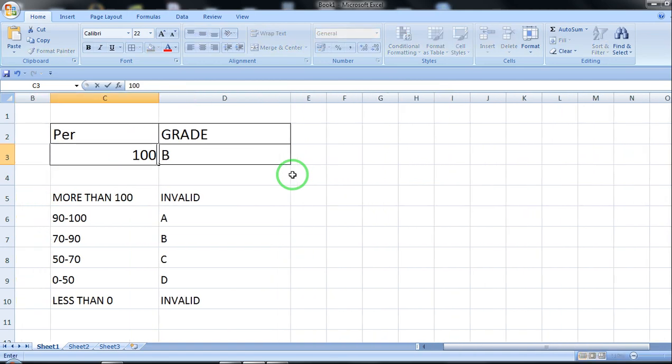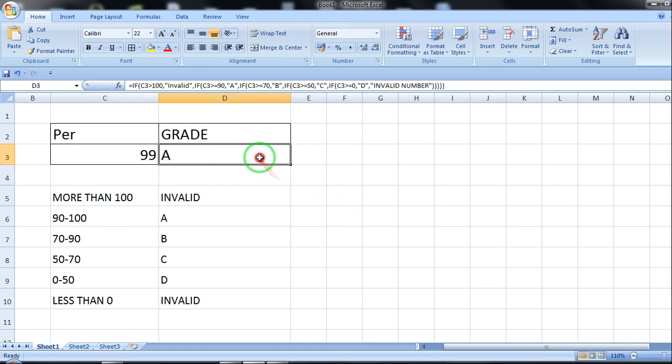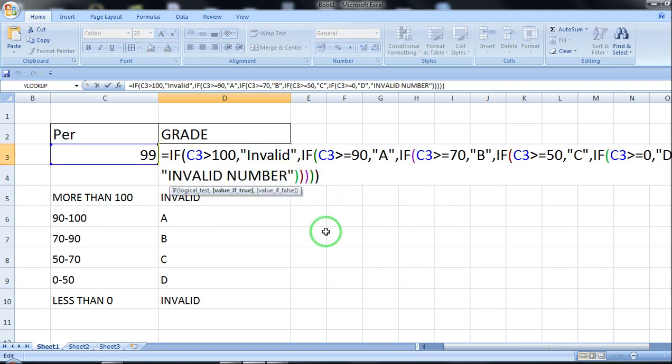So if you enter a value more than 100, it will display invalid. If you enter a negative value, invalid number. 0, your grade is D. If you enter any value between 50 to 70, 68, C. 67, C. 78, it is B. 99, it is A. So this is how we are going to use the IF function of Microsoft Excel.